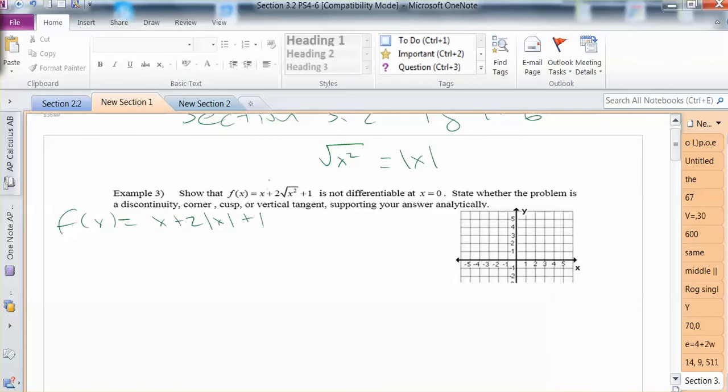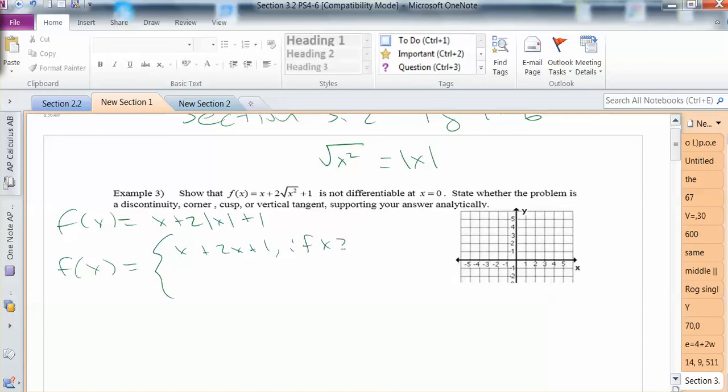Now when we see absolute value, hopefully you can see that we can rewrite this function as a piecewise function. We also had this on our summer assignment, I believe numbers 19 and 20, at the top of the second page, where you had to take a function kind of like this, (x + 2) times the absolute value of x, plus 1, and rewrite it as a piecewise function, which could be written like this: (x + 2)(x) + 1 if x is greater than or equal